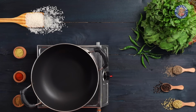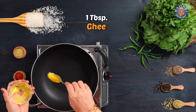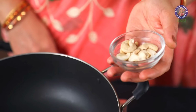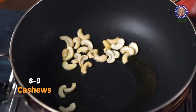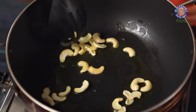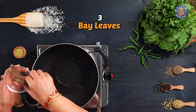Next, in a kadhai on heat, I am taking 1 tablespoon of ghee. In the heated ghee, I am adding 8 to 9 cashew nuts. Fry them for 15 seconds until slightly golden brown. Take them out. Next, 3 bay leaves,